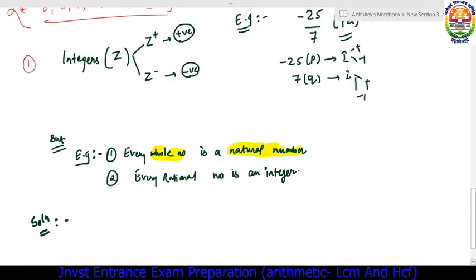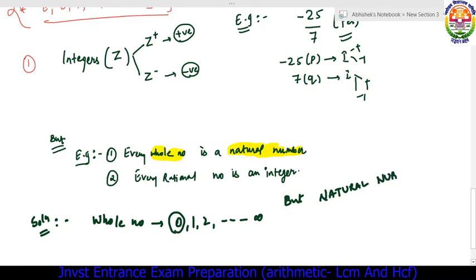Every whole number, as we learned earlier, starts from 0 until infinity. So 0 is also a whole number, but natural numbers are those numbers which start from 1. In whole numbers we consider 0 also, but in natural numbers we do not consider 0. So now the first statement is false